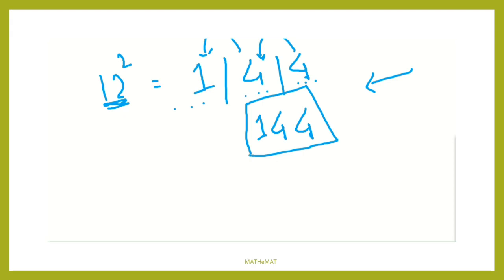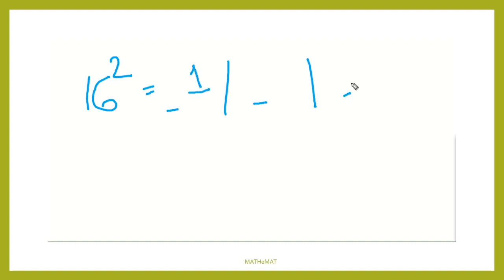Now just take another example. For example, I have to take the square of 16. What is the square of 16? Let's start. Just put two slashes. Once again, we have three places. In the first place, write the square of 1. This is 1. In the last place, you should write the square of the second digit. So 6 square is 36. This time, you can see here a 2-digit number, so it is not very simple.